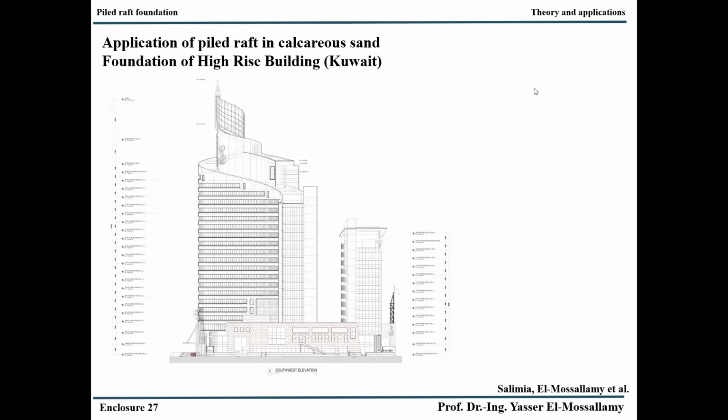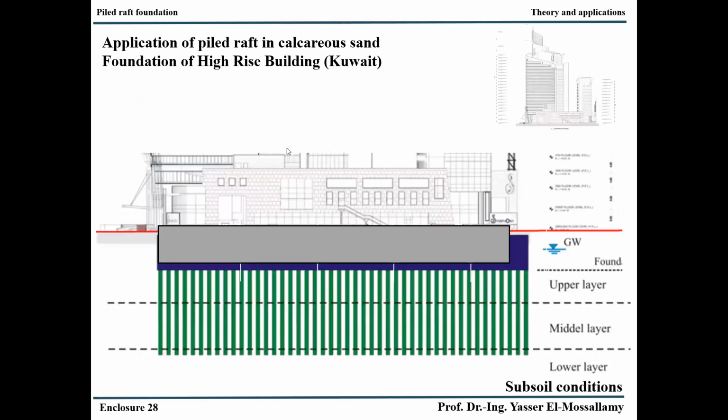After this nice experience in Frankfurt, we have started to apply this idea in other soil types and in other countries, and I will show you some interesting examples that I have shared and worked on in different countries. The first was in Kuwait, a very nice building, and the main design is with a lot of piles and longer piles, and the problem why the people came to us is that these piles